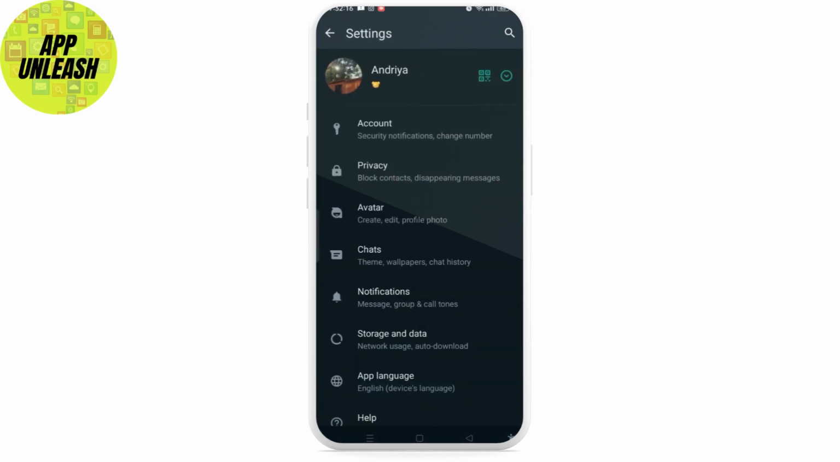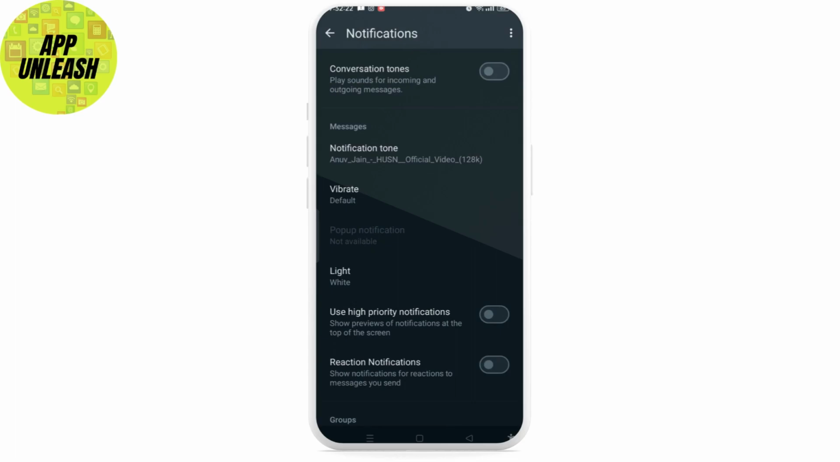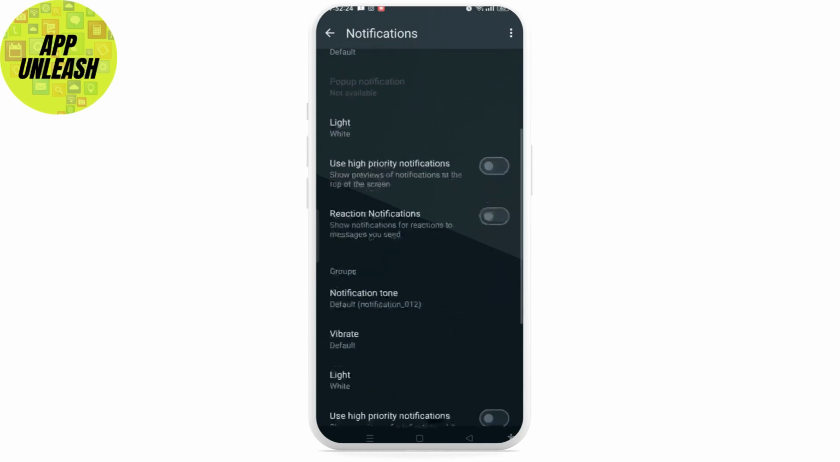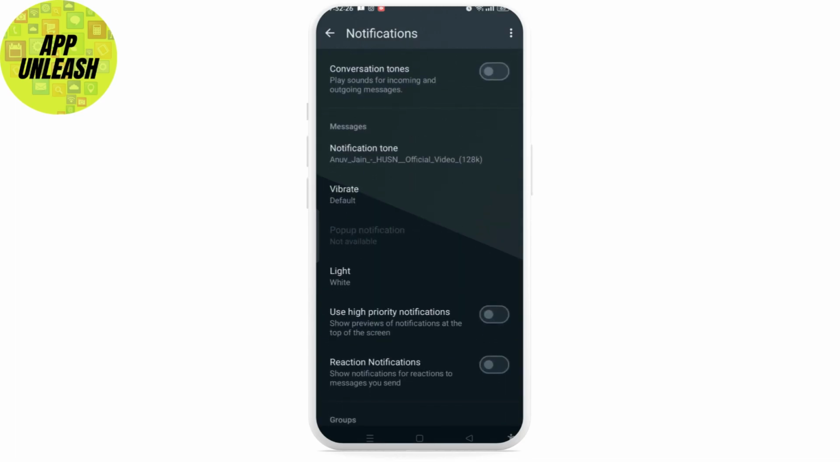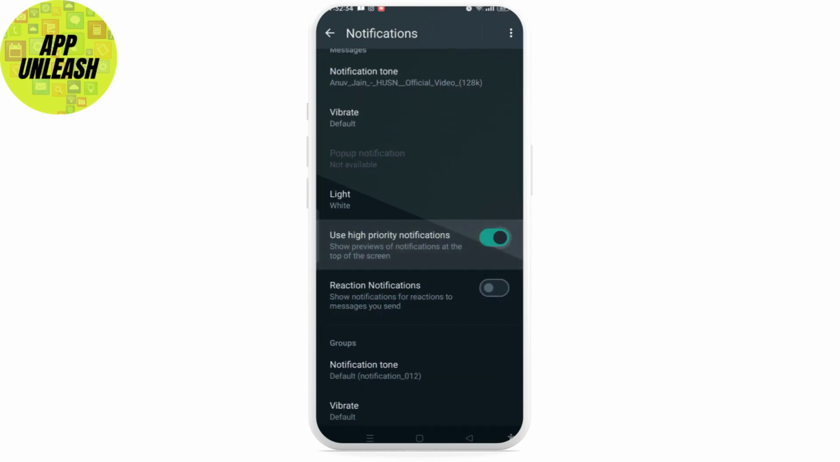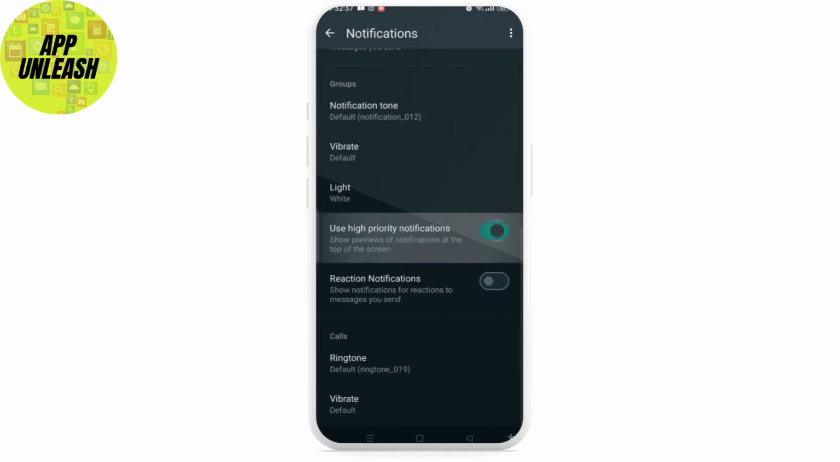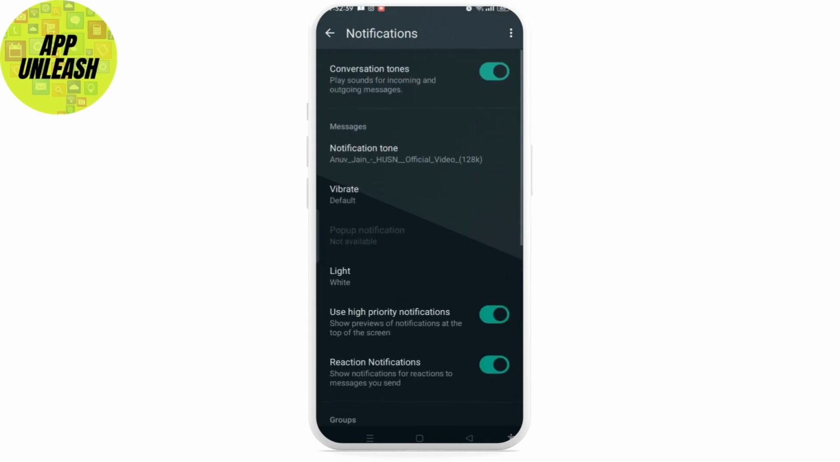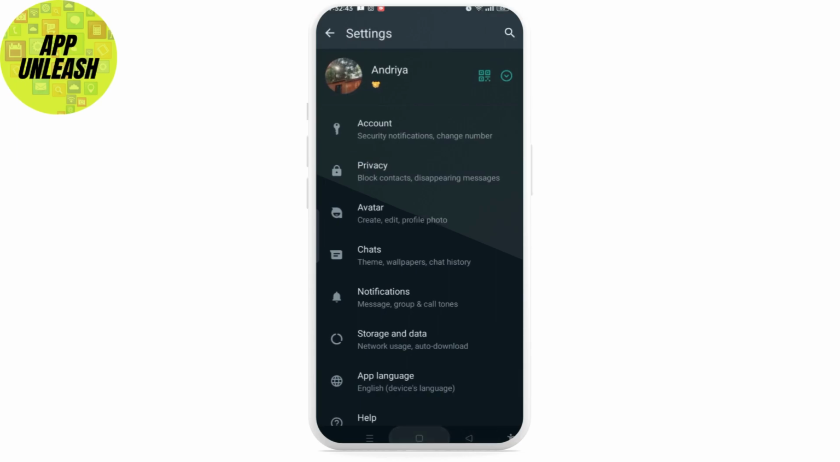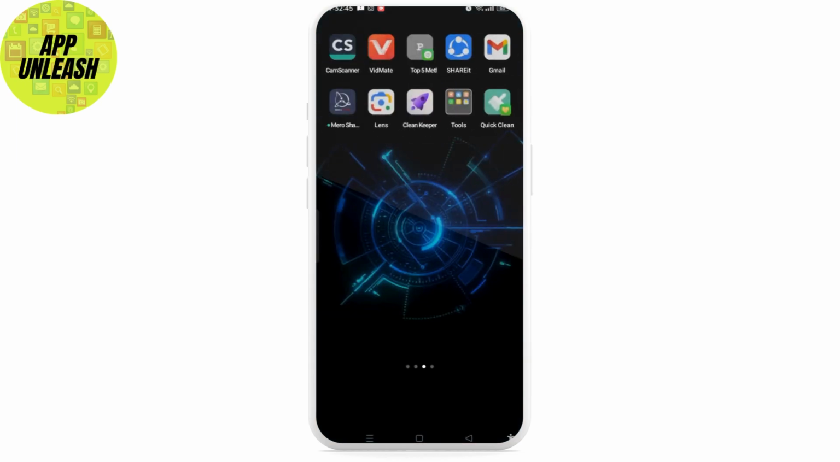You'll be taken to this settings page where you need to tap on the notifications option, and after that you'll have different options here. Since I have toggled off these buttons, in order to turn on WhatsApp notification you'll be required to toggle on every notifications button here so that you can easily turn on the WhatsApp notification. Once you do this, let's come back, and the other way is you need to go to the settings on your device